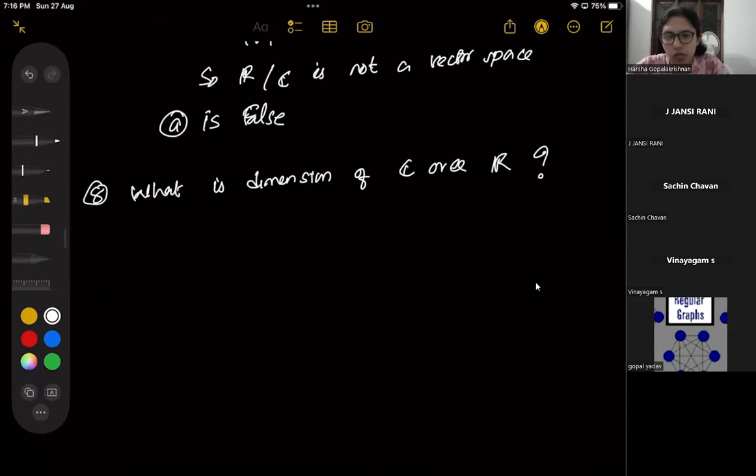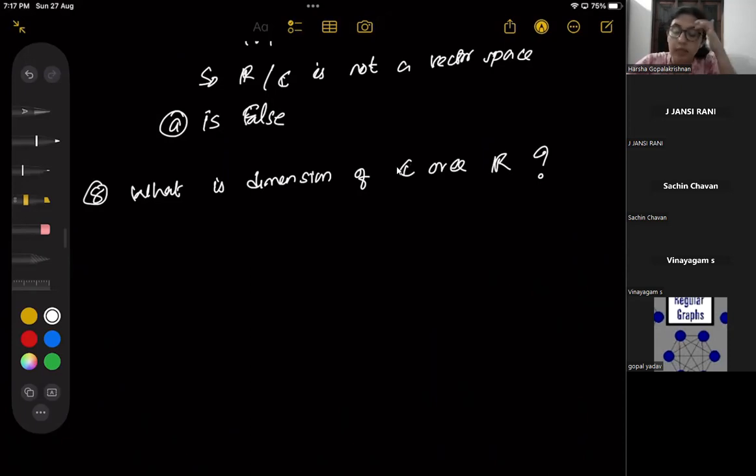2n. Can you repeat? 2n. C over R, not Cn or Rn. Here I'm just dealing with C and R. 2. Okay, 2. So to find the dimension, basically